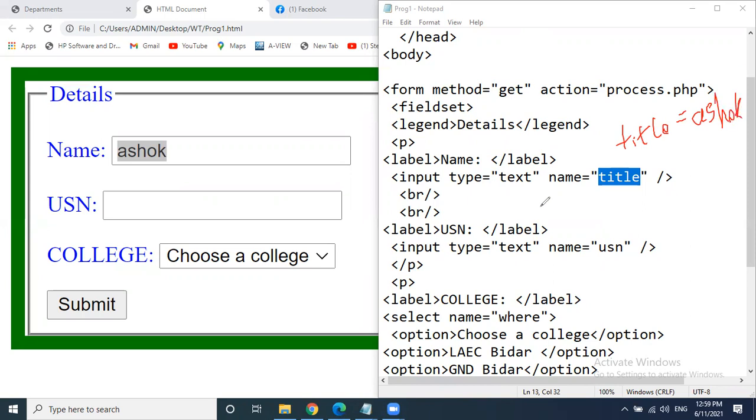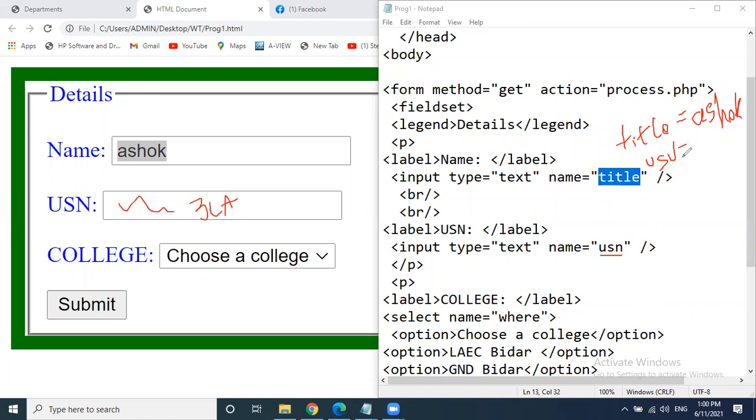Okay. Here, for example, if I entered evasion as 3 LA, for example, my evasion as 3 LA. So this 3 LA will be assigned to what? Here input type is text and name is evasion. इसको assign होगा. That will be assigned to evasion. So that means U as n